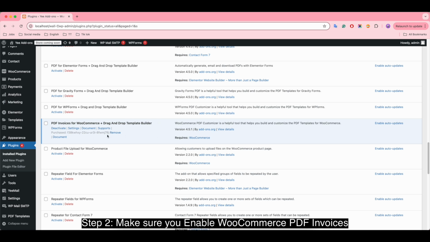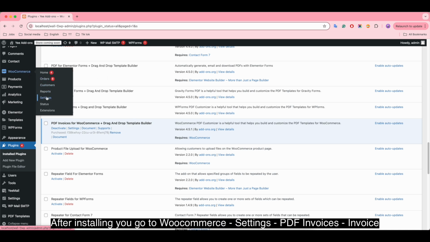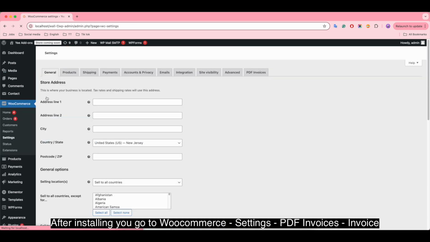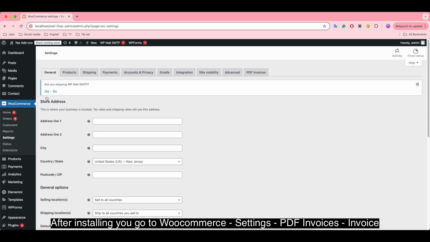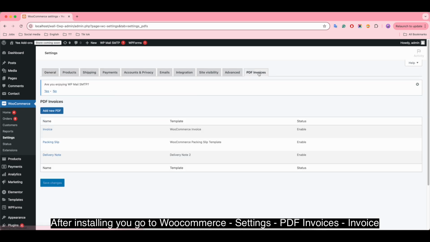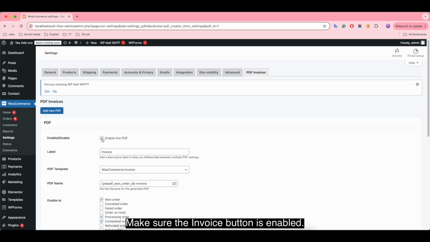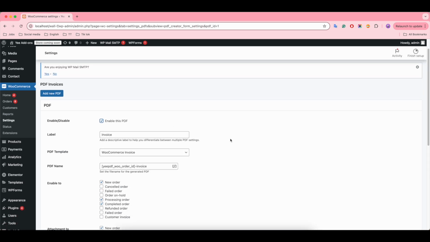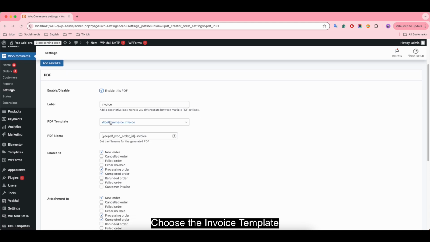Step 2. Make sure you enable WooCommerce PDF invoices. After installing, you go to WooCommerce Settings, PDF Invoices, Invoice. Make sure the Invoice button is enabled. Choose the invoice template.